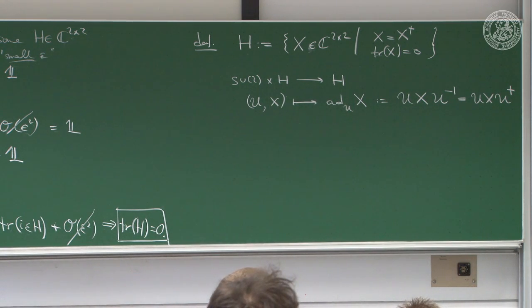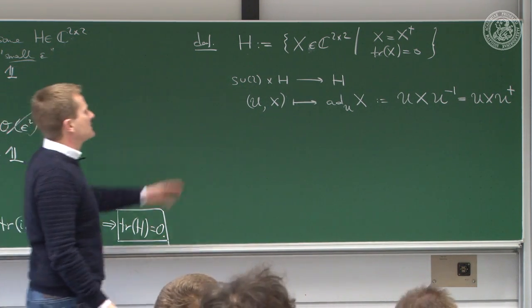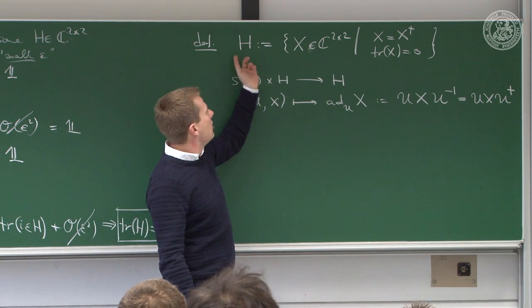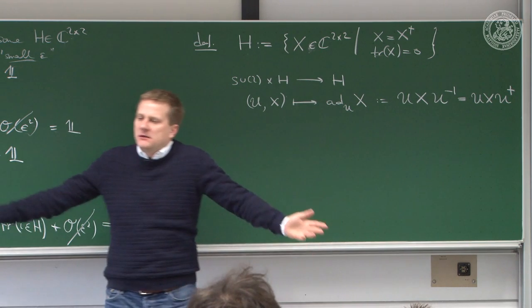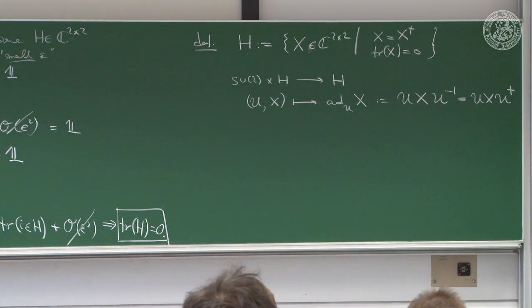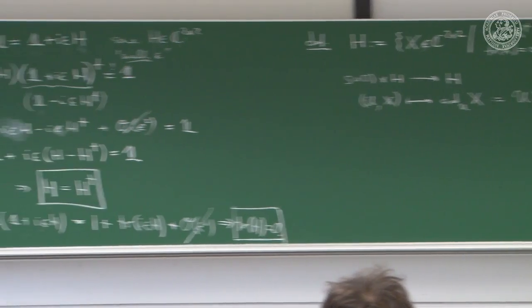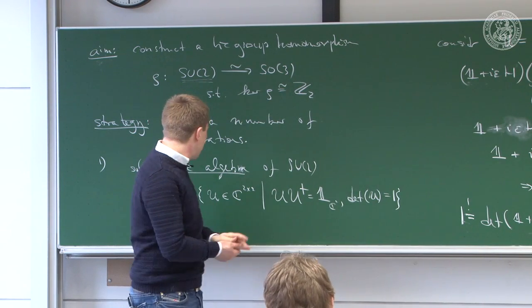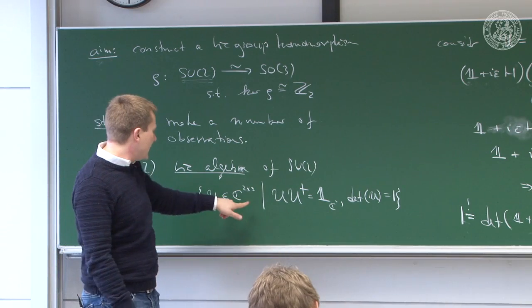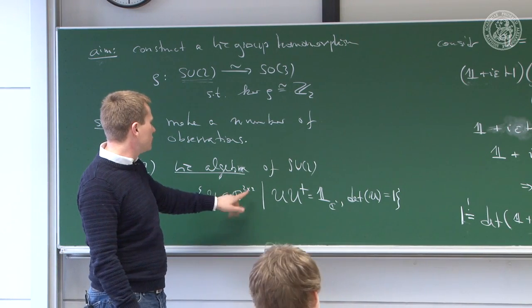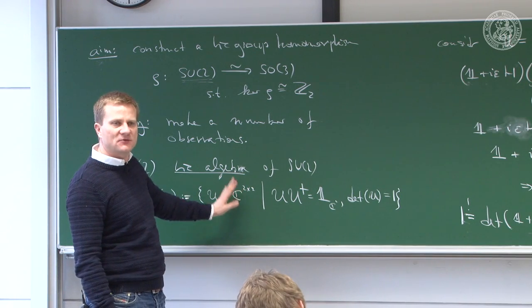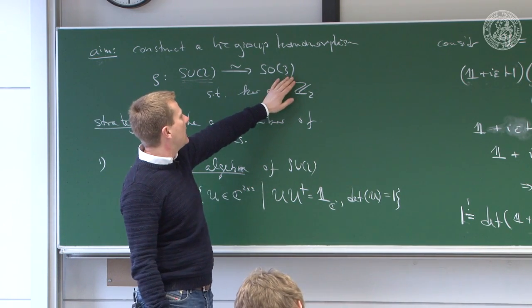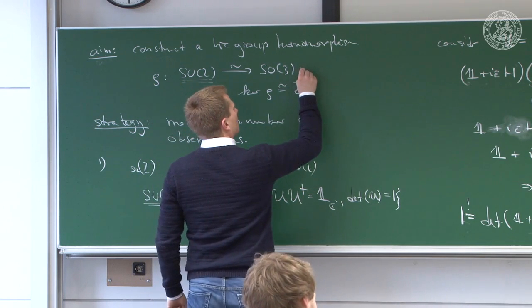Okay, so what have we achieved? Well, we found some representation of SU2 on this Lie algebra. You say, okay, you can do this with any group. What's the special deal? Well, the special deal is that what we are after is a map from SU2 to SO3. Well, not any map, but a Lie group homomorphism. Now, SO3 acts naturally on what space? SU2 acts in its defining representation on C2, right? Maps from C2 to C2. SO3 in its defining